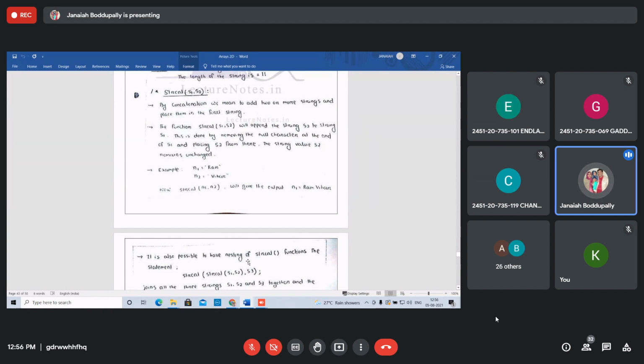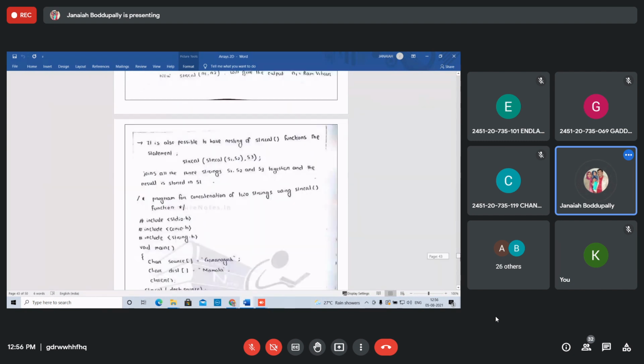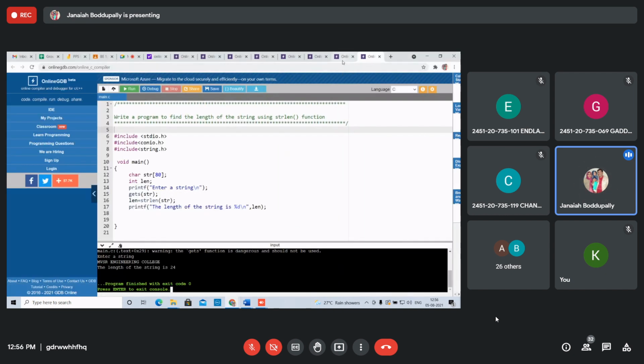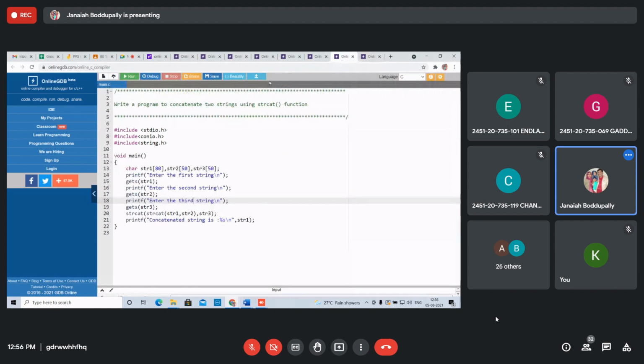It is also possible to have nesting of string concatenation inside that. With one more string, it joins all the 3 strings together and the result will be stored in s1 only. First one, I will show this, concatenation of 2 strings.